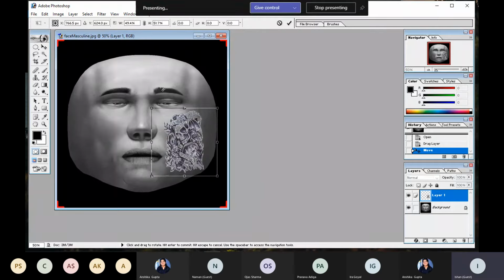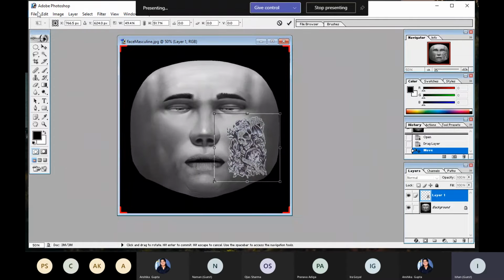Let's add it here. And now let's remove our background image because we only need this tattoo. We don't need this background image to act as a layer on our image. So I'll be removing this.